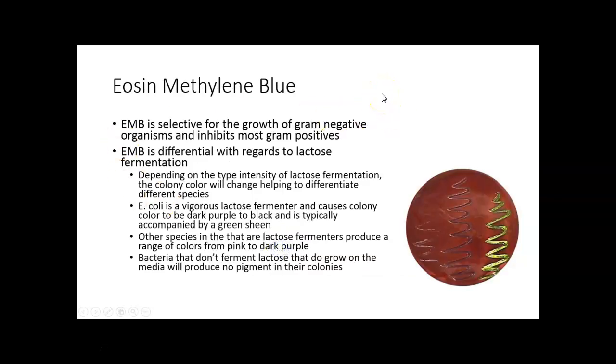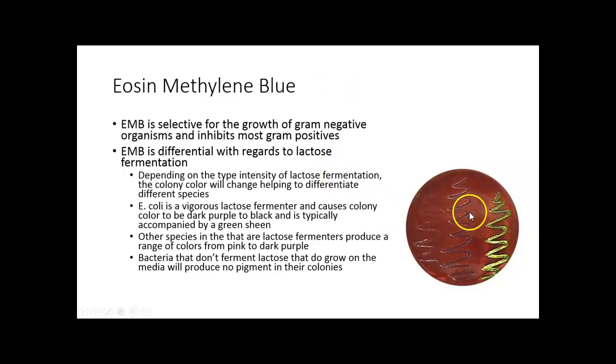Eosin methylene blue is a selective media. I shouldn't say that. Eosin methylene blue, or EMB, is selective and differential. It is selective for growth of gram-negative bacteria. So remember, our P plates are selective for gram-positives. This is your gram-negative selector. It inhibits the growth of gram-positive bacteria. EMB is also a differential media. So it differentiates bacteria based on their ability to ferment